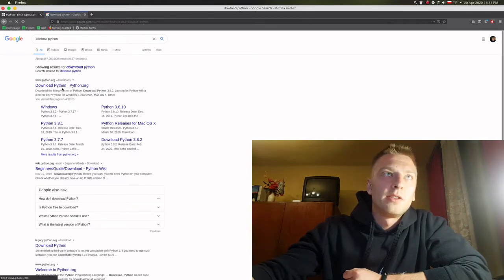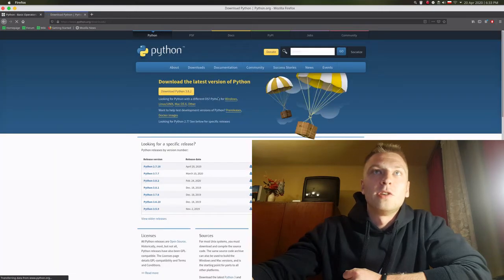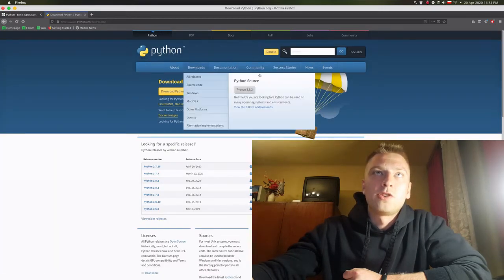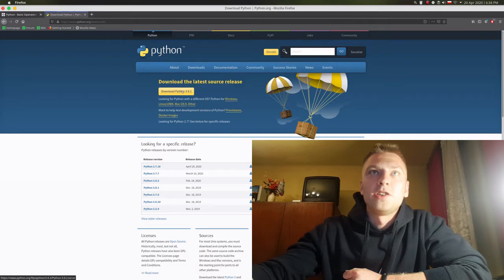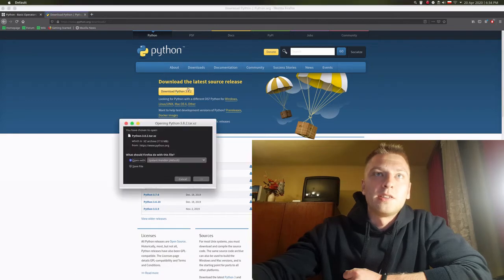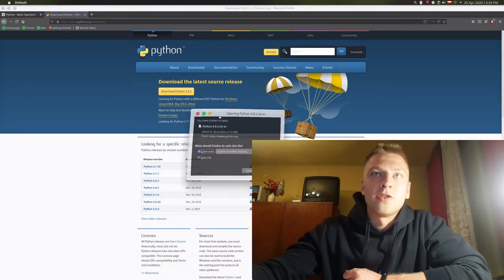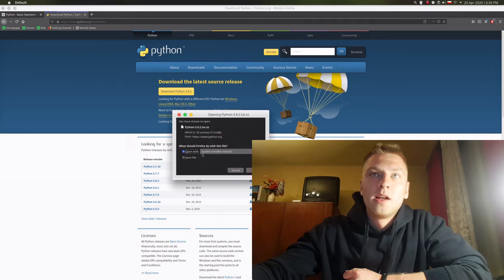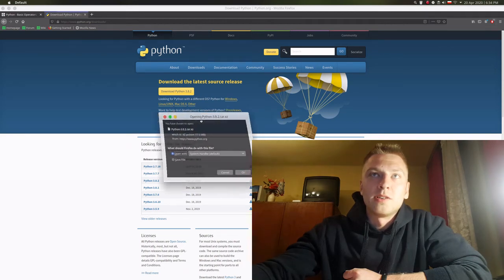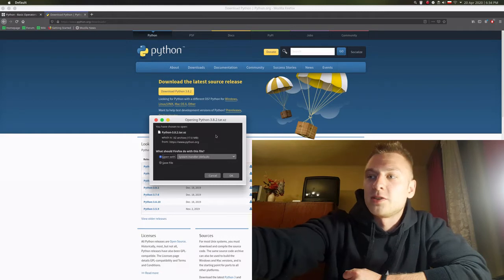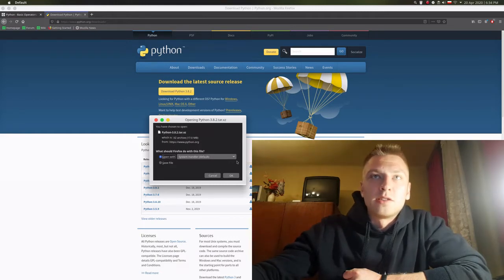You can see download Python, and it will take you to the official Python page, and here you can see download Python 3.8.2, this button. So to download the Python, just click on it, and that's it. And you have here like a box, some kind of box. It asks you where to save this file, and actually for me I'm using Linux Manjaro here, so for me